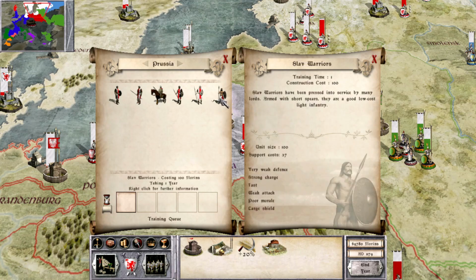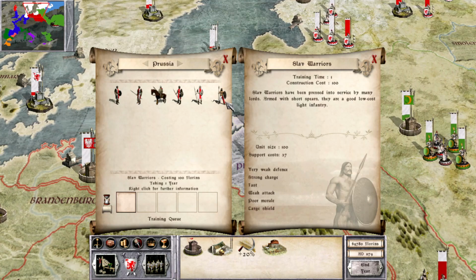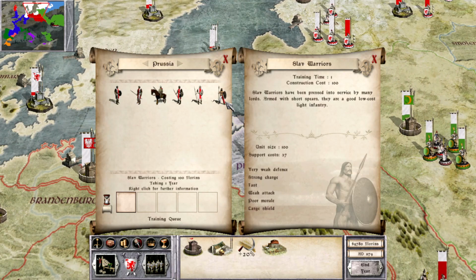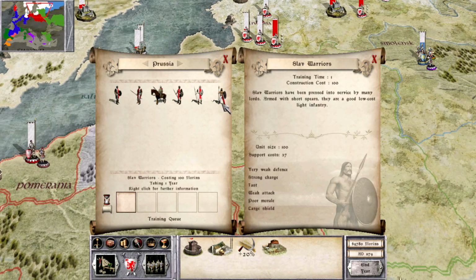Slav warriors, again, for those of you who are new to the game, it's a 100-man unit. It's basically a peasant, but it's cheap. It just adds some bodies to your armies if you're looking for some bodies. I think it has a couple stats that are just a little bit better than peasants. Like, I think it's a decent charge bonus. But yeah, it's mostly just for the cheapness of it. It costs 100 thorns to train and 37 thorns to support. I probably won't be getting them. I don't think I need that unit in my armies. I don't think I'm that desperate,